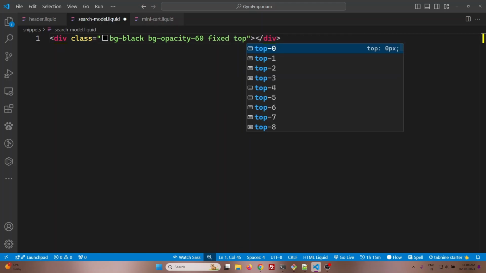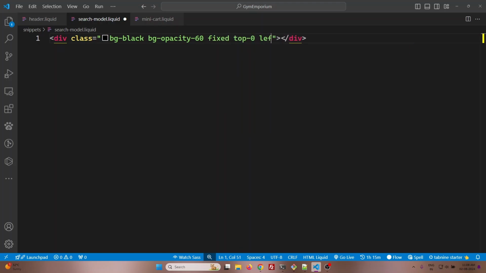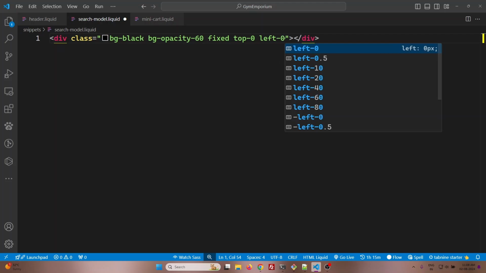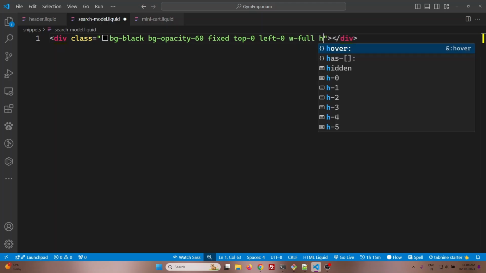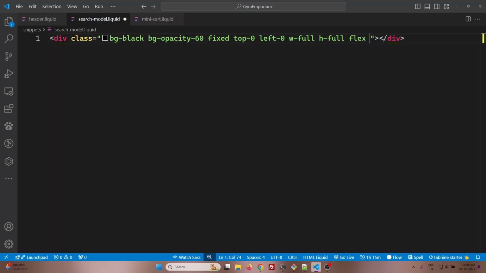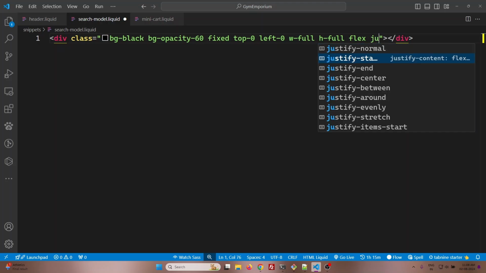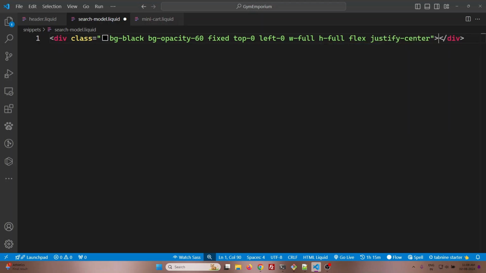Let's top 0 and left 0, and add a width and h full, and let's add flex, justify center. Okay, let's add a z index of 50,